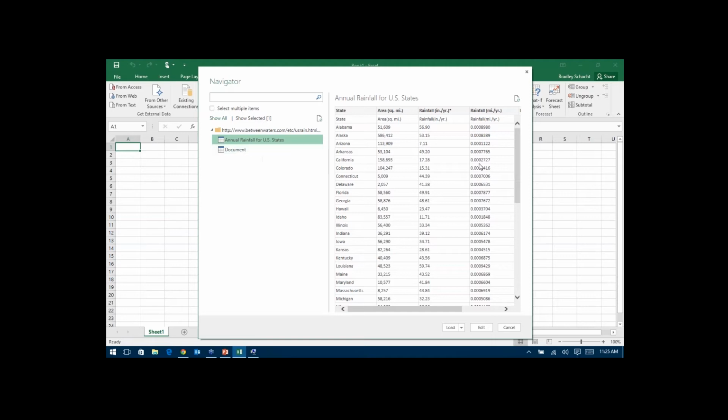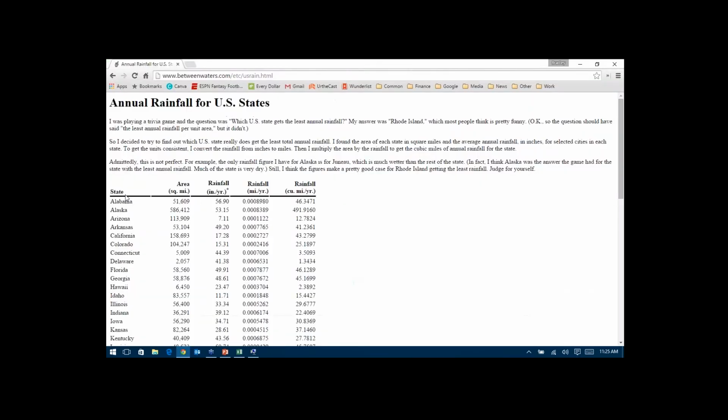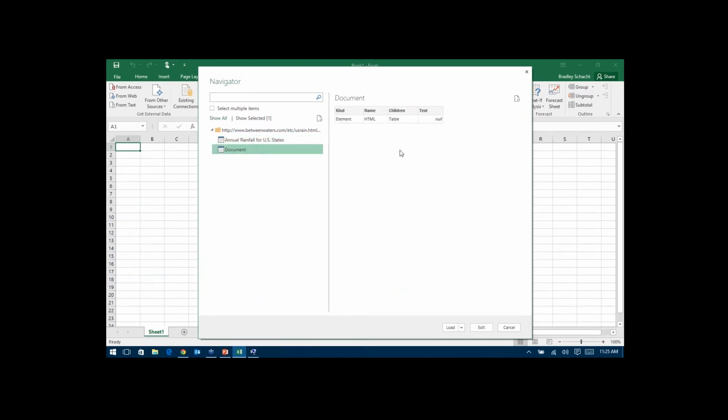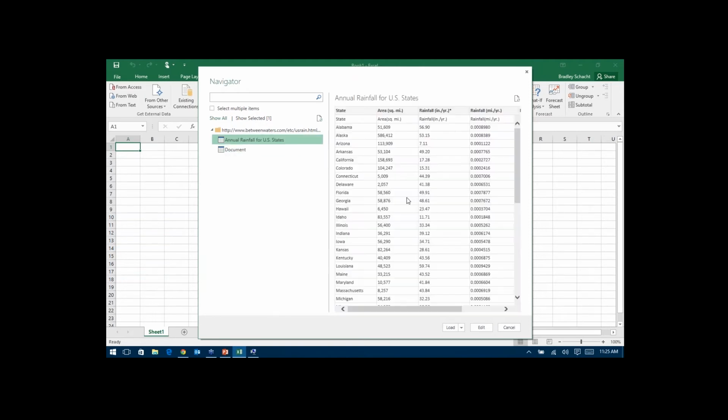So if we flip back over, this looks remarkably similar to the little table that we have here. Power Query has gone out, analyzed that web page a little bit, and found all the data on there that it thinks is inside of a table. If we look at Document, it's really just the metadata for that particular page. Again, we can do this with a variety of locations, not just plain text little websites like this. You can pull it from a lot of cool different places.